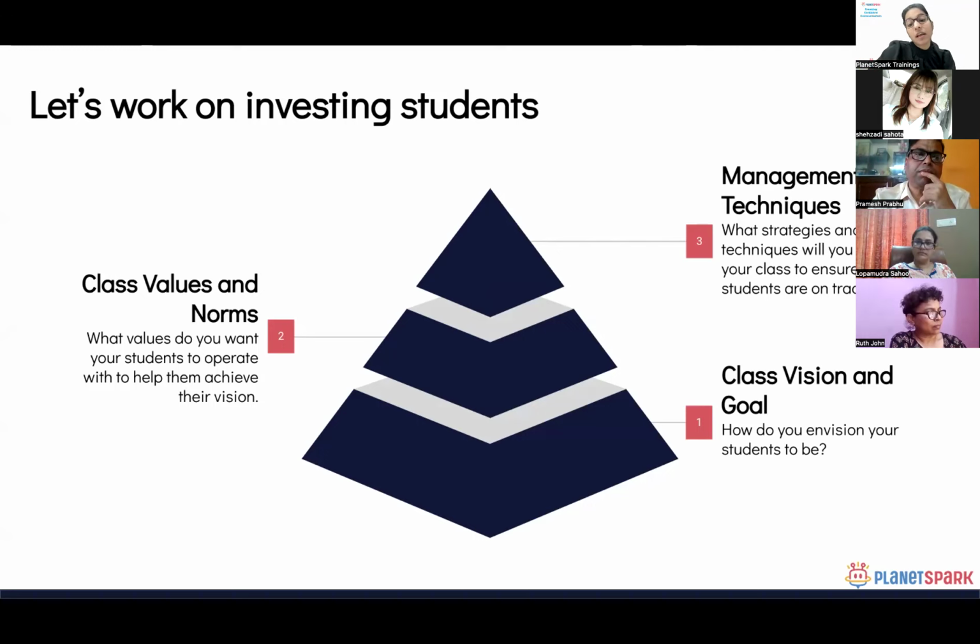And today's assignment for all of you is going to be about creating an investment plan for your own classrooms, right? And as many classrooms as you have, your investment plan could look different for different students. It doesn't have to be the same because you would have a different vision for different students. It would be more age appropriate. It would be based on the need that they have and so on.